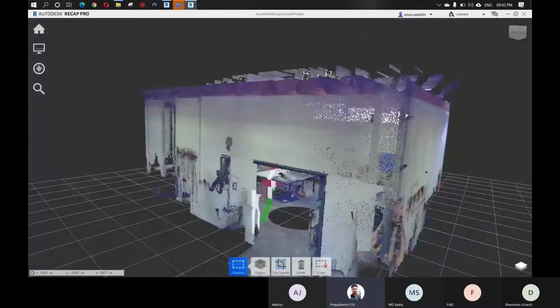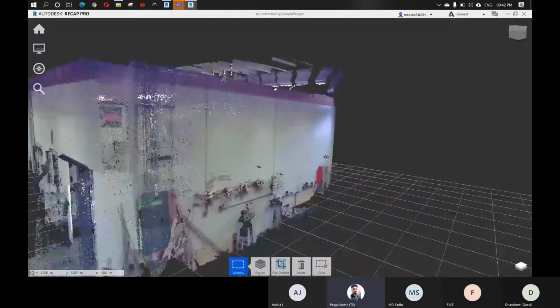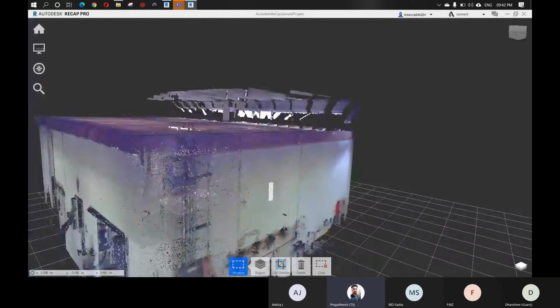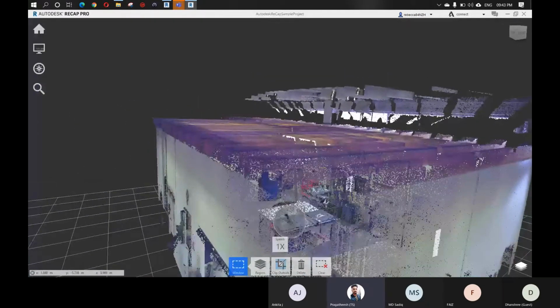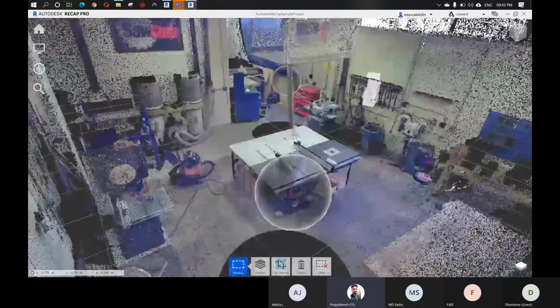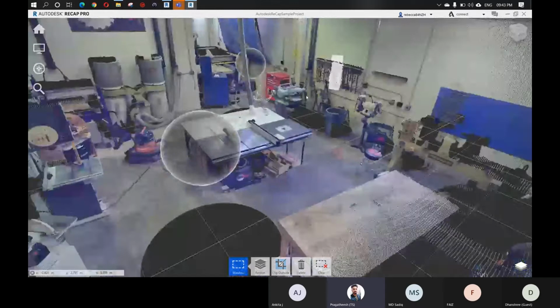You can see some small grains when I zoom in, like a cloud made up of small dots, points. These are point clouds. Here you can see there are two bubbles in this room. These show the places where the scanning equipment is placed.